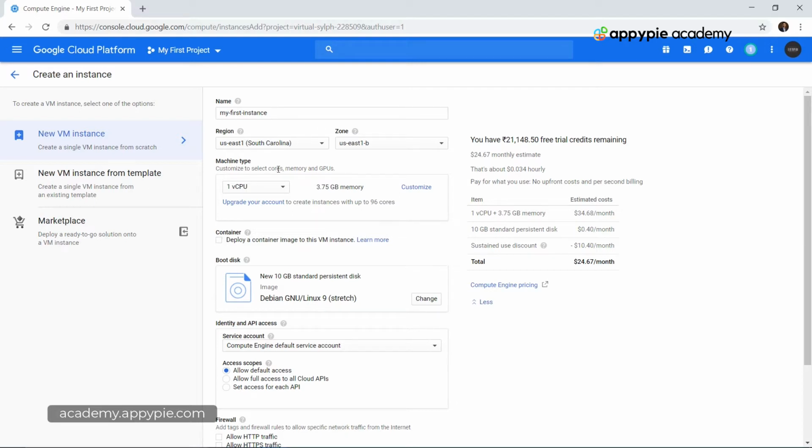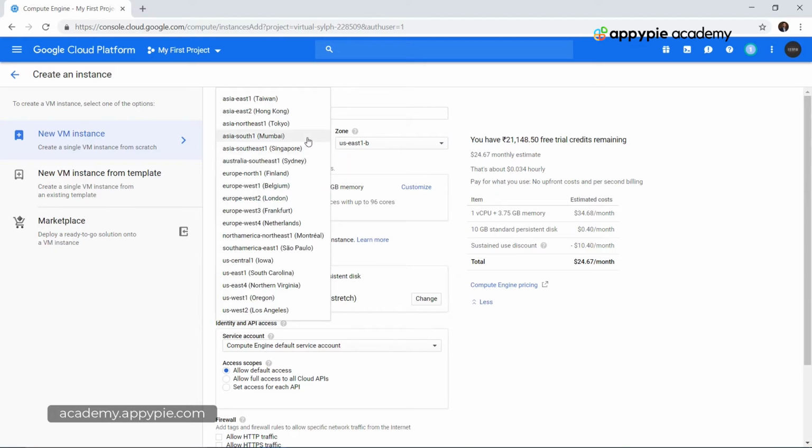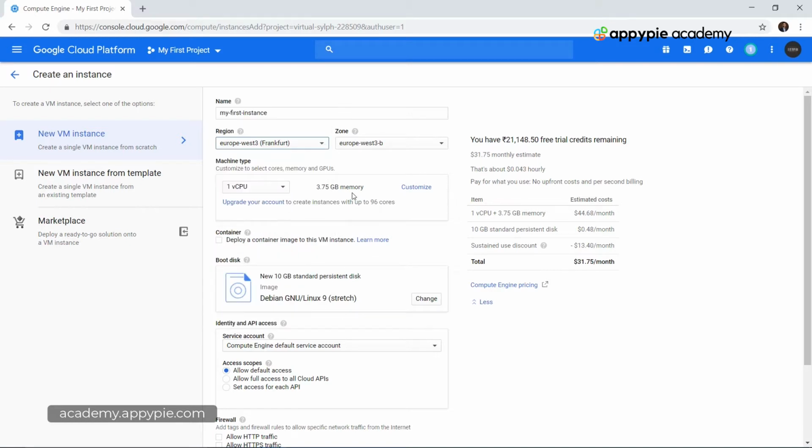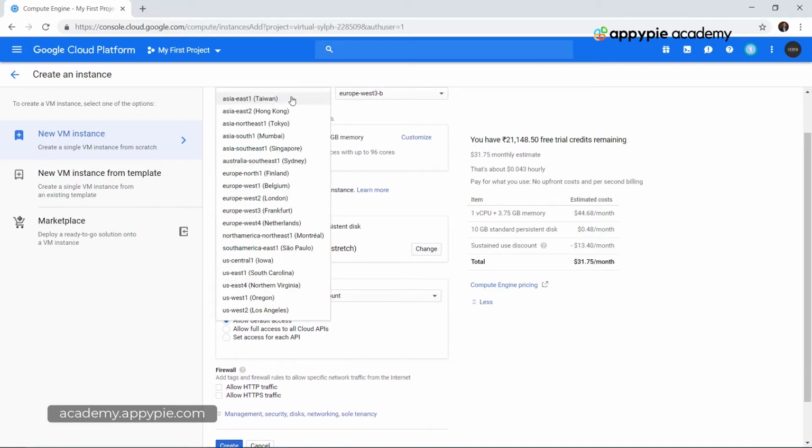Currently, we will not have a lot of visitors looking at our particular instance, but whenever you are deploying an app, always consider where your audience will be in the maximum numbers, and then keep the server or the instance closest to that location. The cost also varies depending on which zone or server you are choosing.